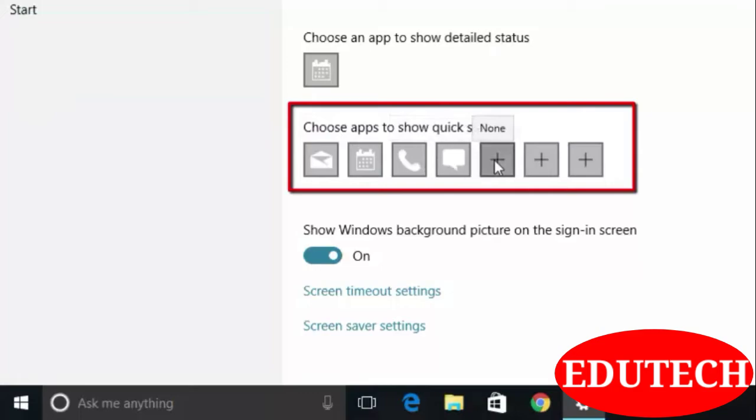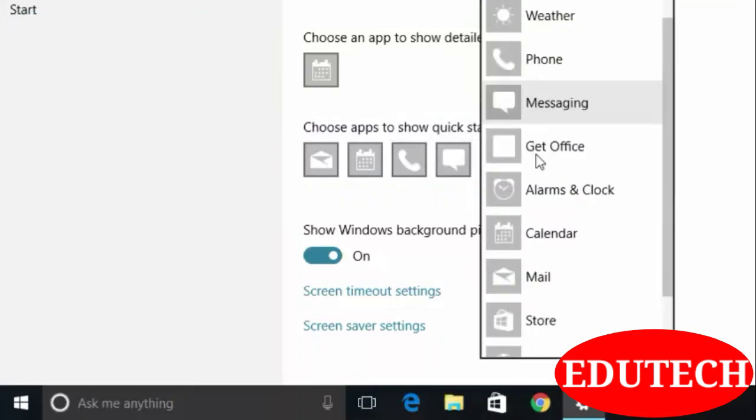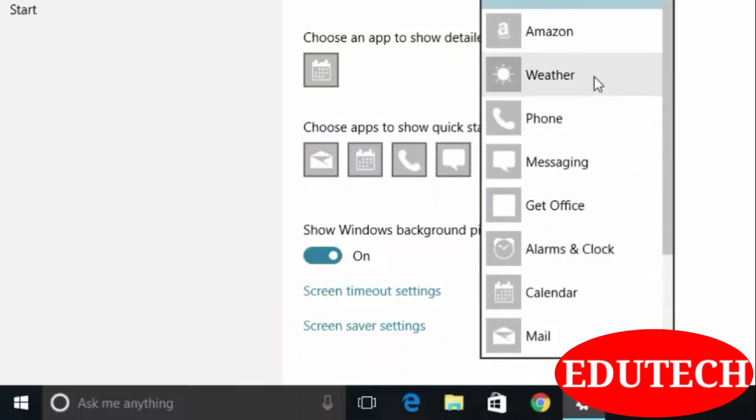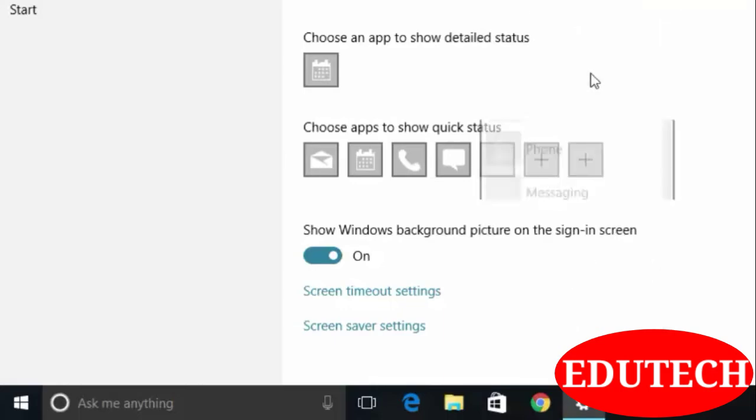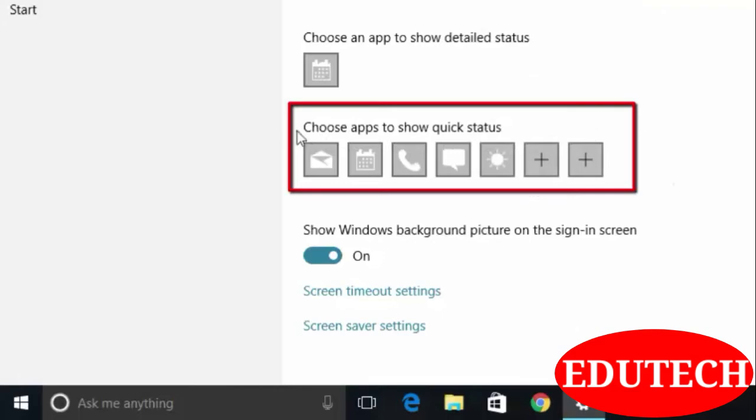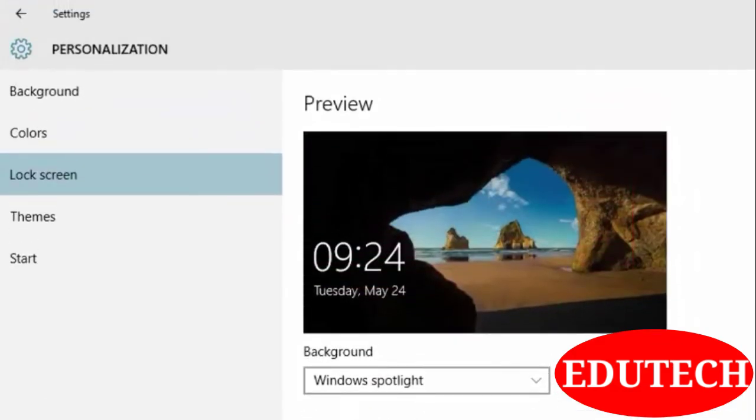If you want to add more, then you can just click here and select the app you want to see on lock screen, like weather details. So it will show weather details on my lock screen. So this is about background, colors and lock screen.